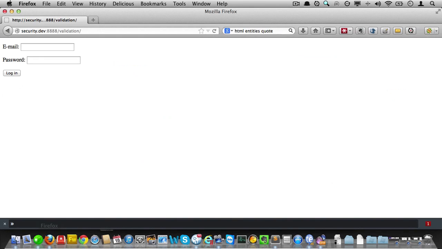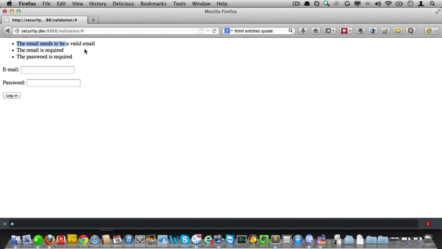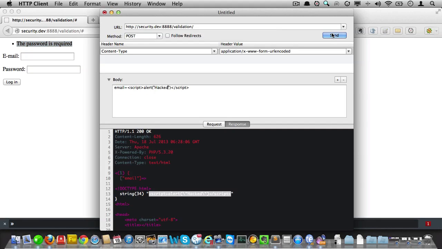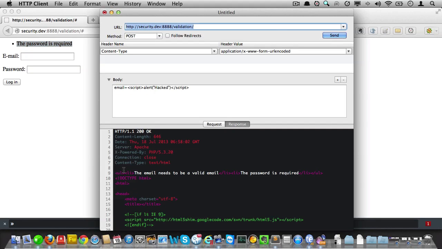Okay, here we go. Let's just try and log in without any data whatsoever. And there you have it. There's all of our validation errors. So if I just enter a valid email here, I would have a validation error of the password as required. Now let's see what happens if I try to post this form from a different location, just like before. We'll just send that. And there you have it. The post data is not validated. And in normal life, that would mean that we would abort the login sequence. You see, because it is server-side validation, it's all still in place and working.